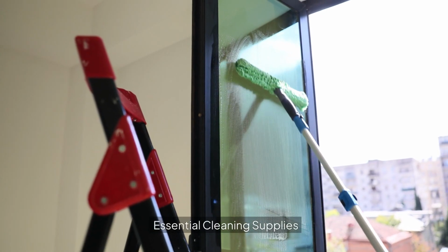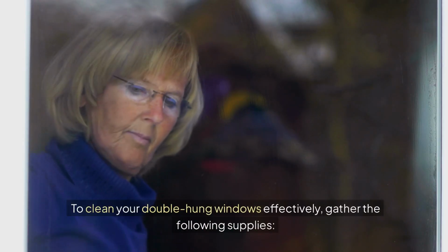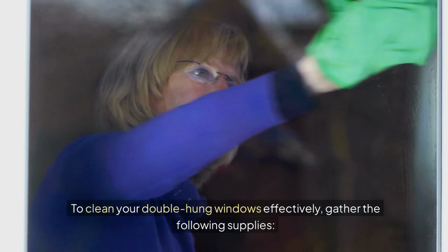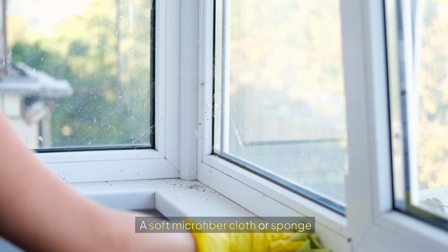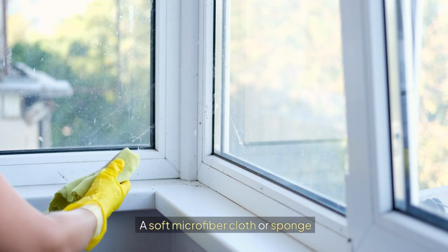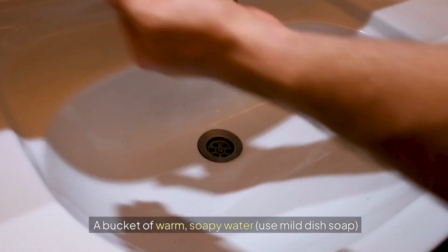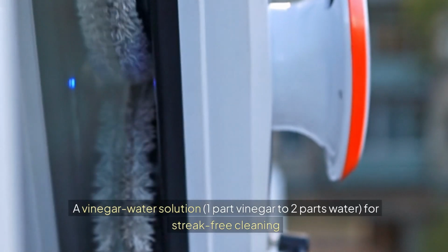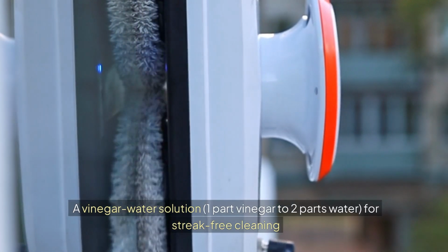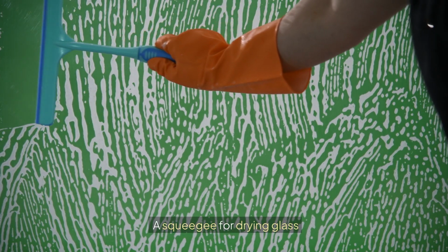Essential cleaning supplies. To clean your double-hung windows effectively, gather the following supplies: a soft microfiber cloth or sponge, a bucket of warm, soapy water using mild dish soap, a vinegar water solution, 1 part vinegar to 2 parts water, for streak-free cleaning, a squeegee for drying glass,